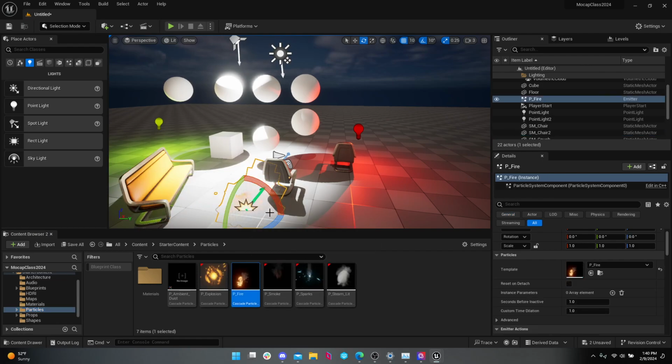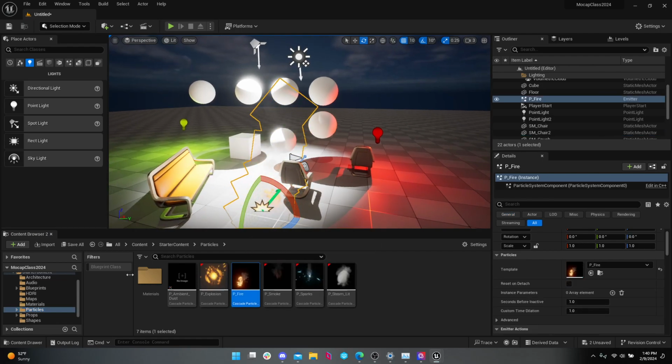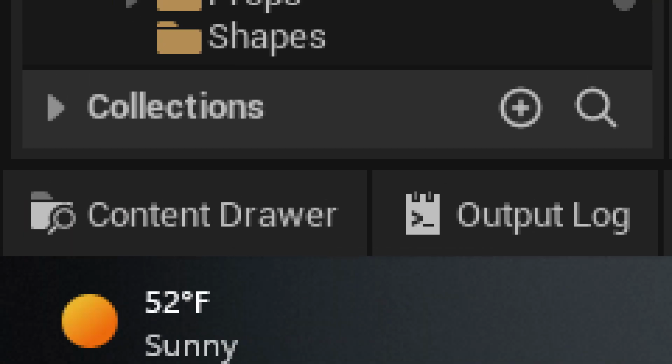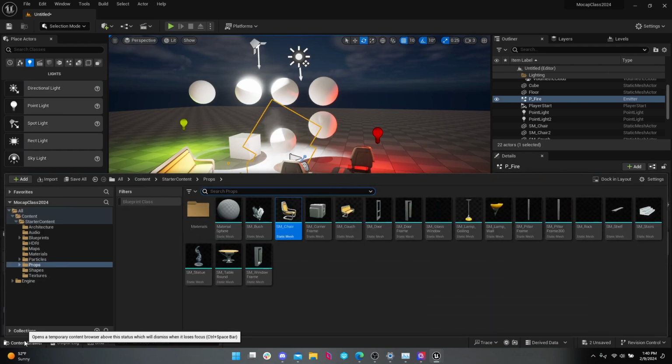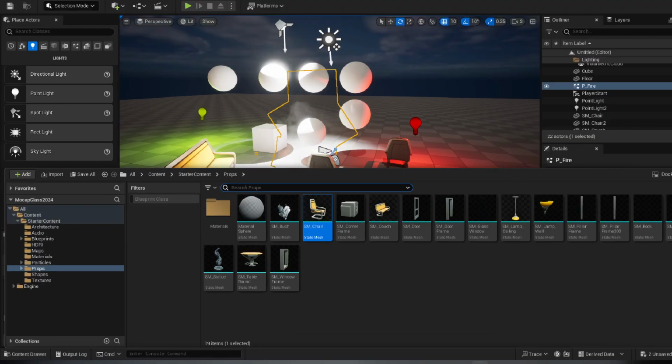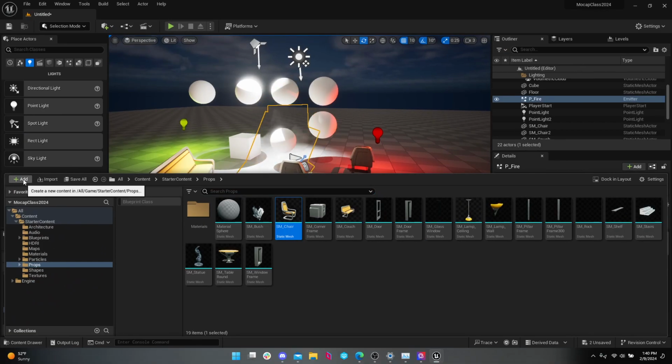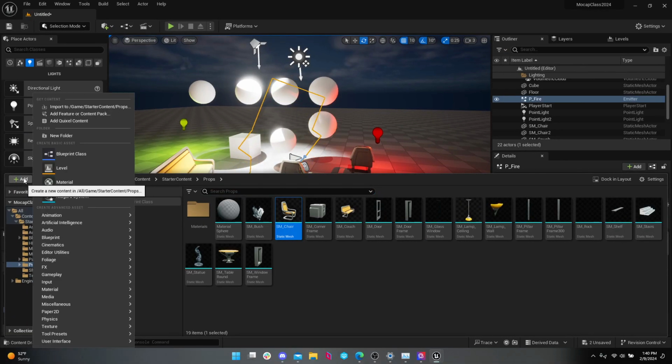Question? Sure. So the content drawer, just click it down in the bottom left. Do you not have the starter content folder? No? When you created the project, you just didn't check the box. That's all right. I can show you how to get it real quick.